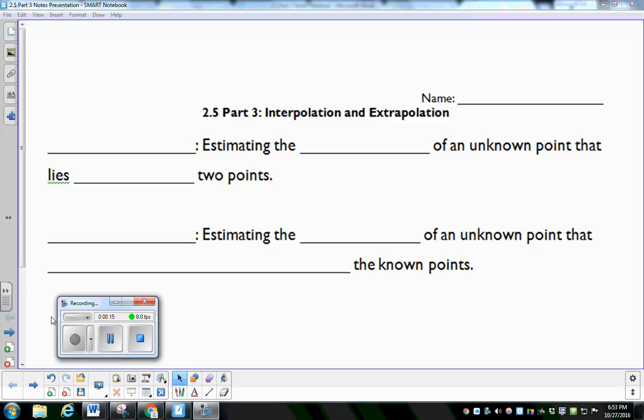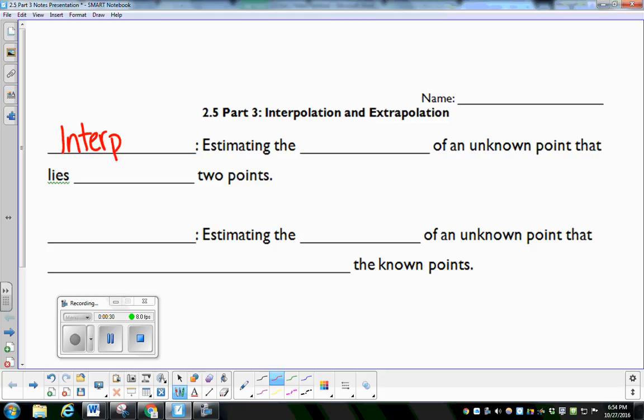So these notes are on two things called interpolation and extrapolation. These are basically both forms of estimating. The first one, and you should have a handout to take these notes on. I should have given it to you today. The first one is interpolation, and that's a type of estimating where we're estimating the coordinates